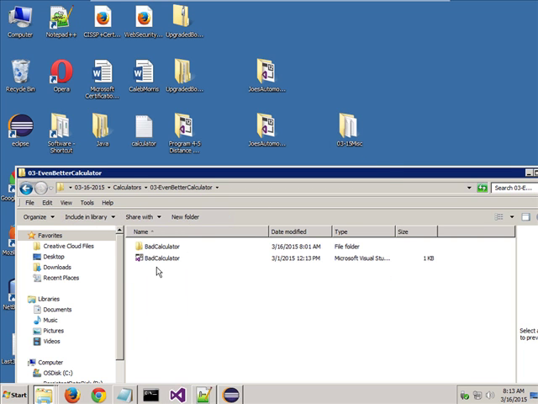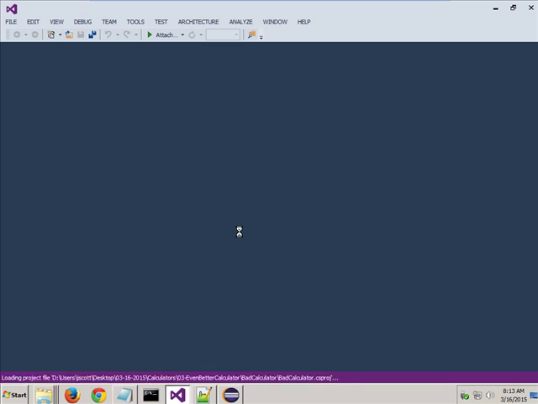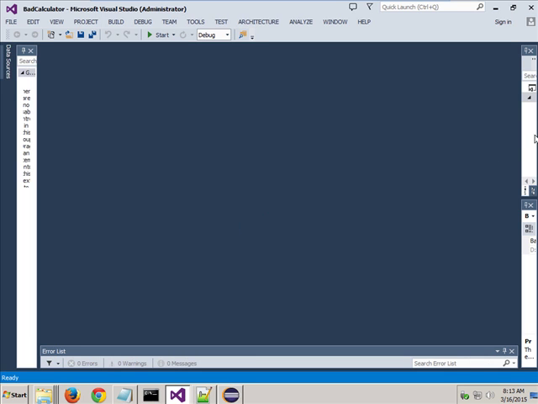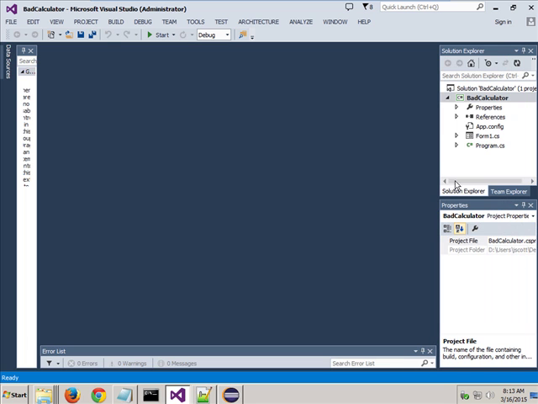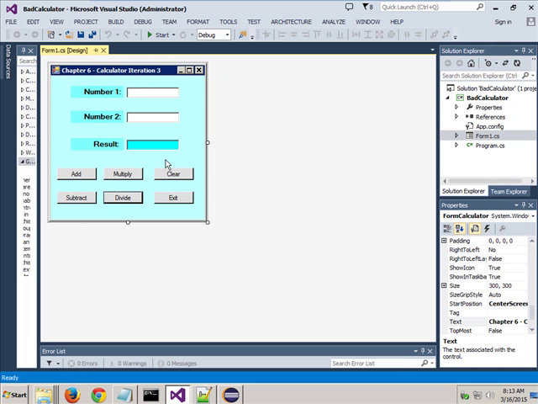If I jump up here to version 3, again, as I already mentioned to you, they're all going to look the same. They're all going to run exactly the same. The only difference is the color, and now this one says iteration 3. The second one, hopefully at least, if I remember to change it, said iteration 2. The first one, iteration 1. All right? And if we look at this one,